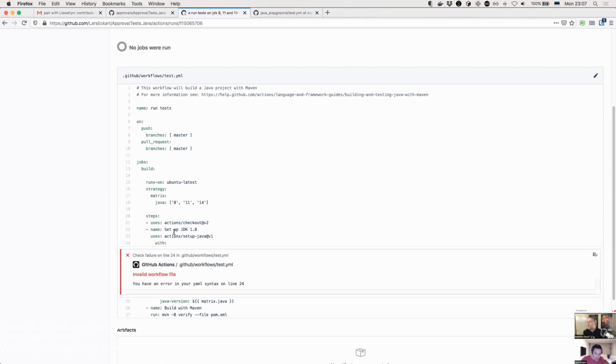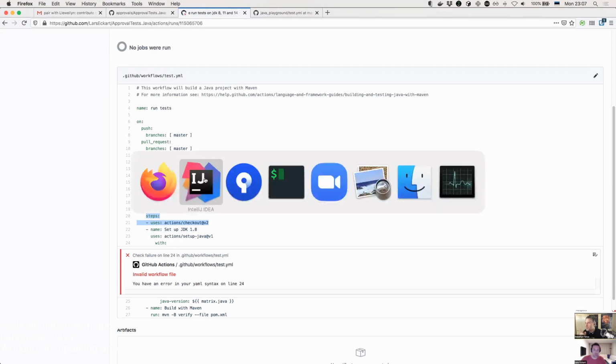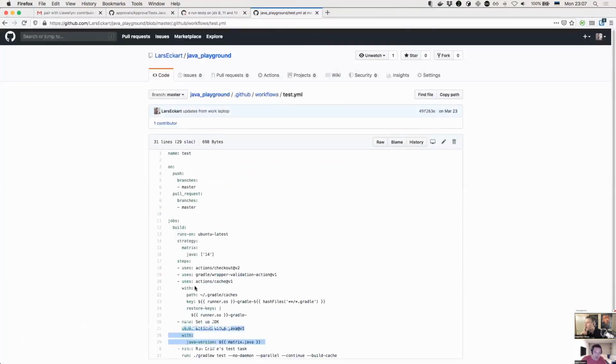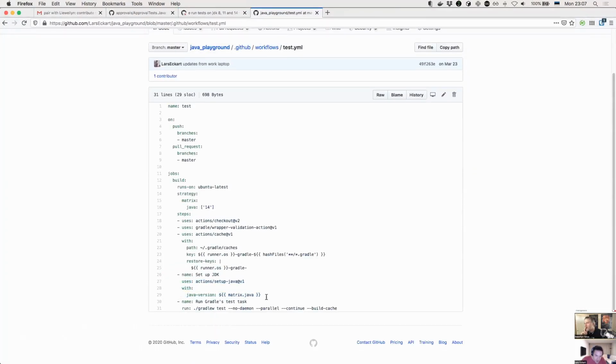I think we have 2 uses. Maybe that's not the problem. The problem might be the indentation of uses next to name. Let's have a look at my file. This is how it works on mine. Oh, that's the same indentation.